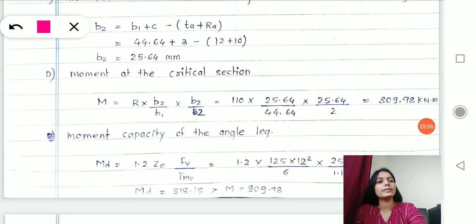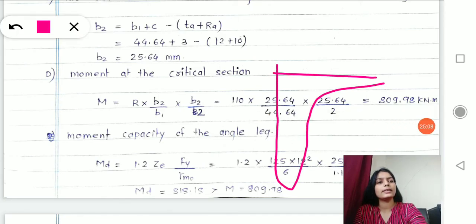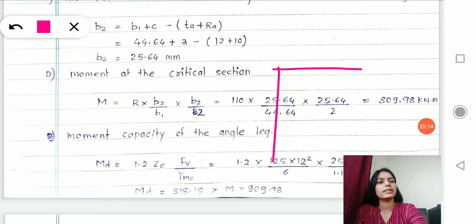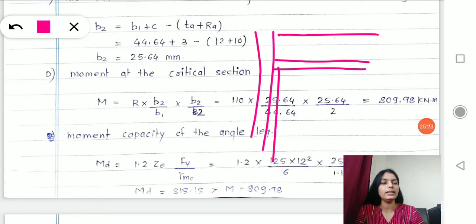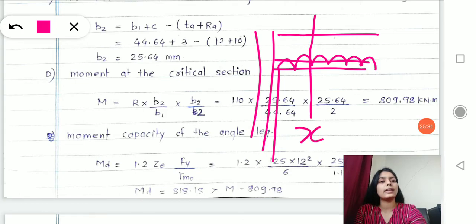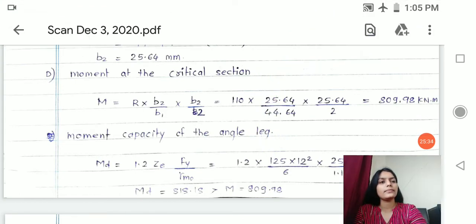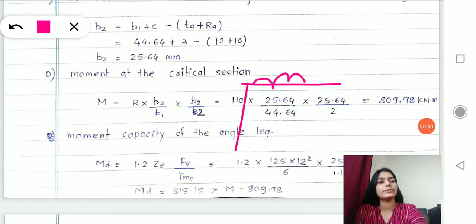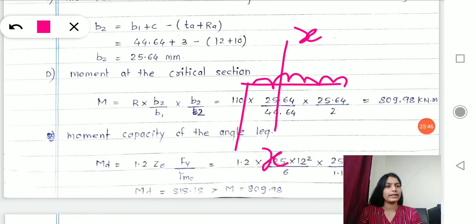See here, I said you have an angle like this, right, and you have UDL on it. Wait a minute, let me draw nicely. Simply, this is your angle on which you have fitted your beam, and this is your column on this side, right? And this angle is carrying UDL upon it. Now the critical section will be at a distance, let's take it at XX. This is UDL, and at section XX you come across the critical section.